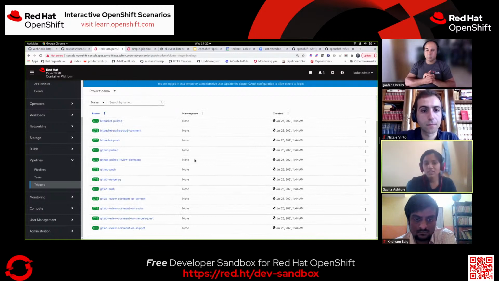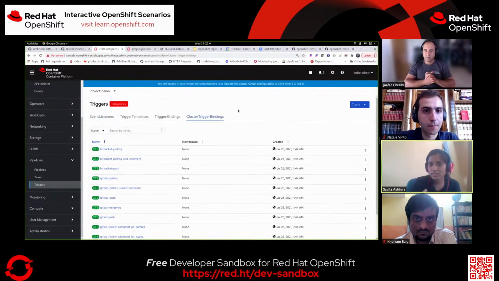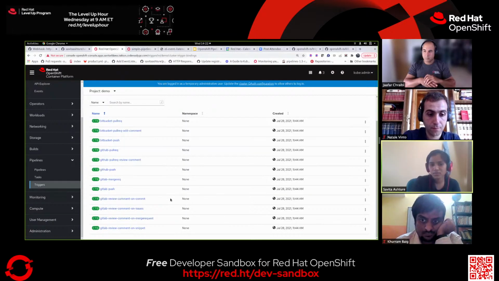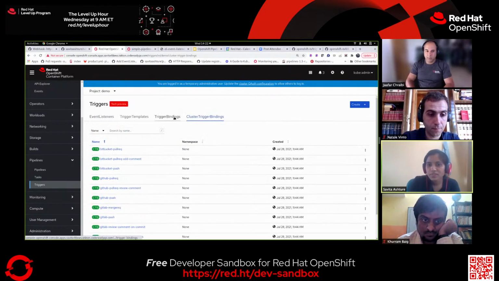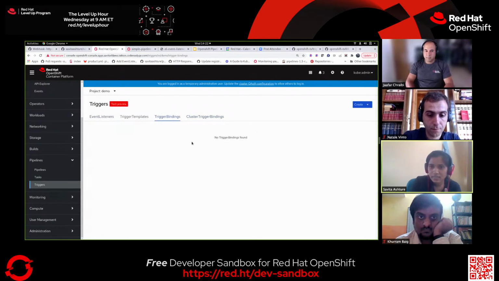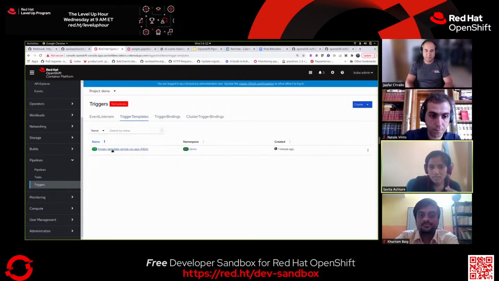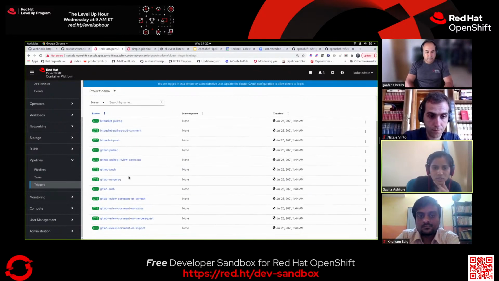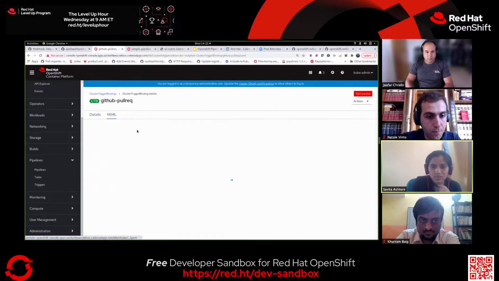So basically in triggers we have two CRDs called trigger binding and cluster trigger binding. All these things are shipped as cluster trigger bindings because everyone can use them across the cluster. And if someone wants it at the namespace level, they can directly come and create a trigger binding using the YAML way. And also we can see a trigger template. So before that, in the cluster trigger binding, I just want to show how this GitHub pull request looks like. So if you see the YAML here,